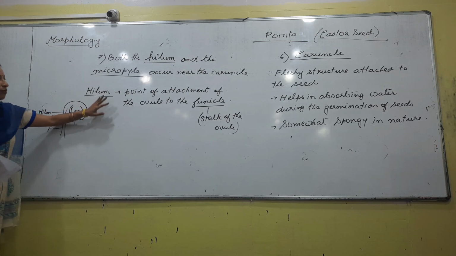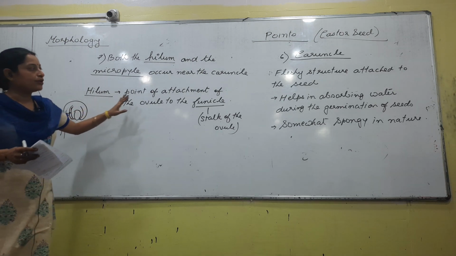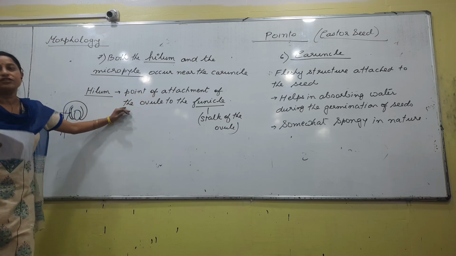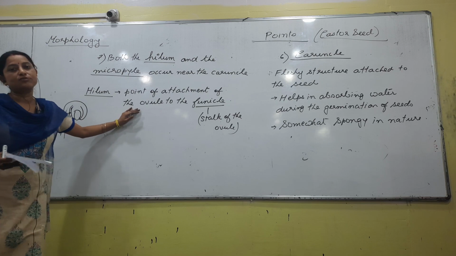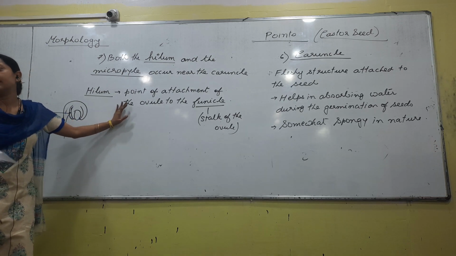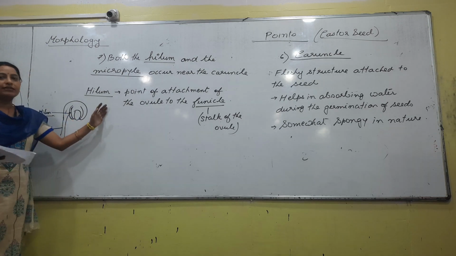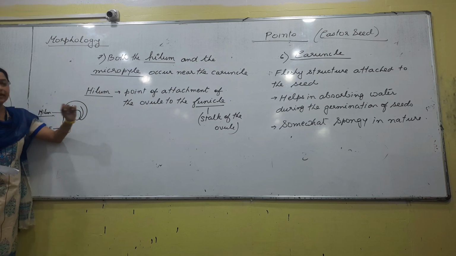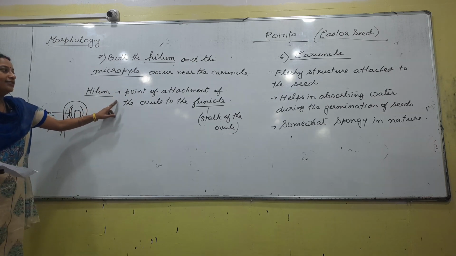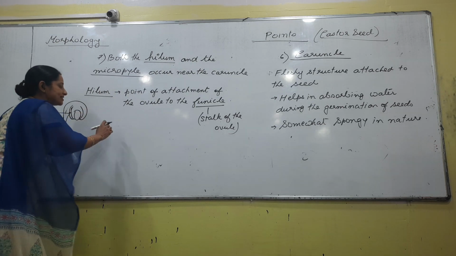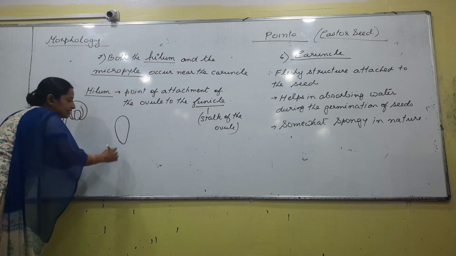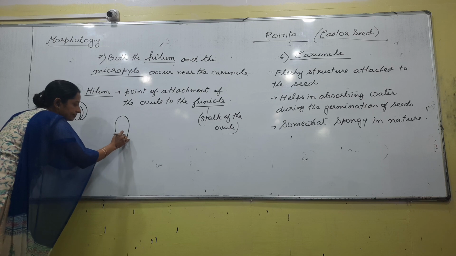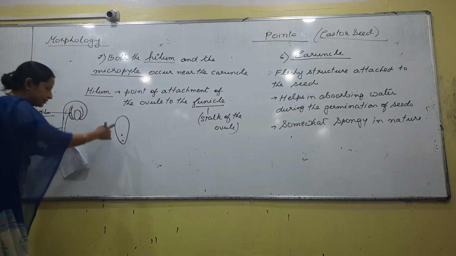As of now, what we know is hilum. Actually, since this portion is not given in your class 11, it's not that a question has been asked from this portion. Maybe this is a question that will be asked in your class 12, right? As of now, why do we need to read this? Because a diagram based question is asked, right? If you are talking about a seed like this, the diagram is asked.